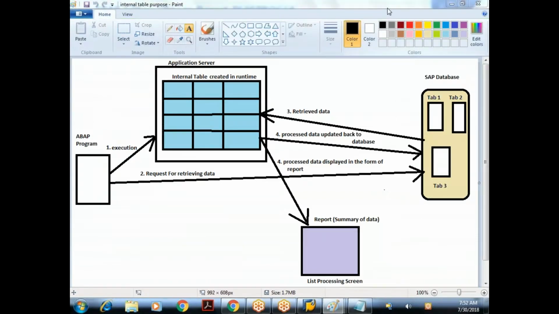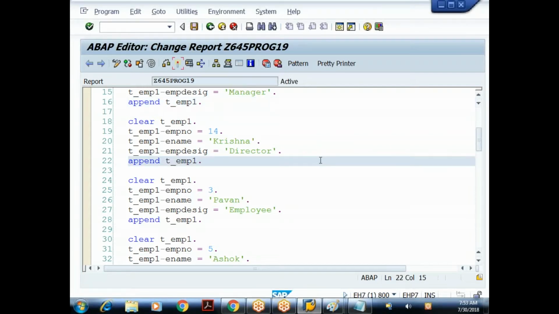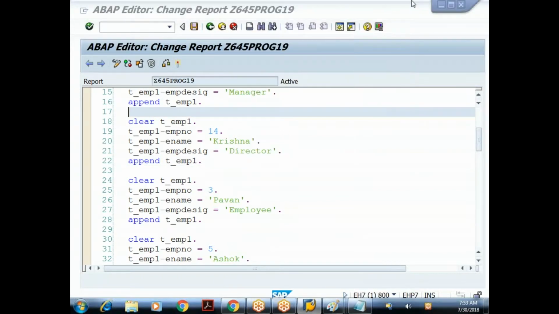Yeah, Syed, what is your query? Font size, that you need not worry. See here, somewhere you'll have the option.